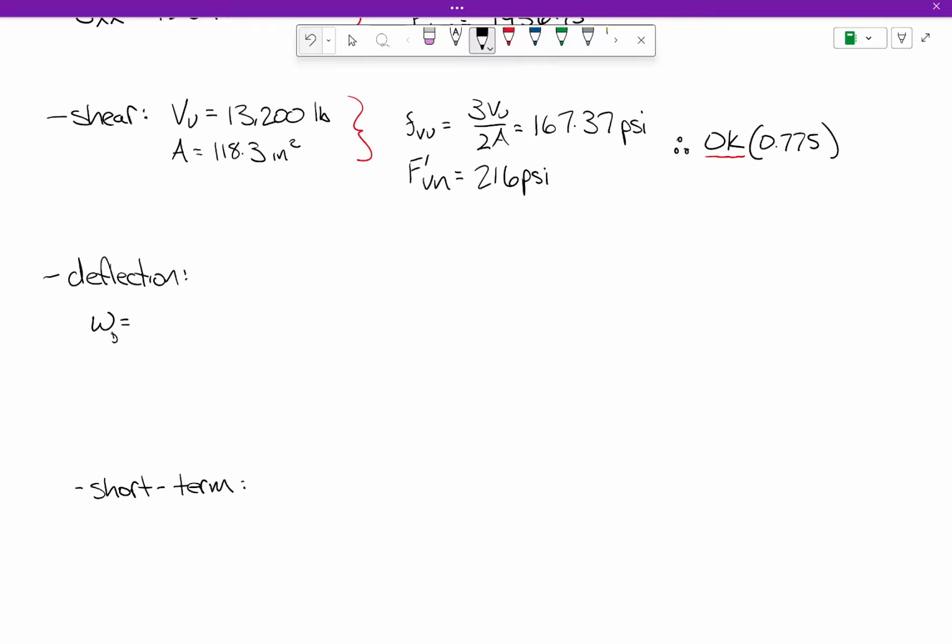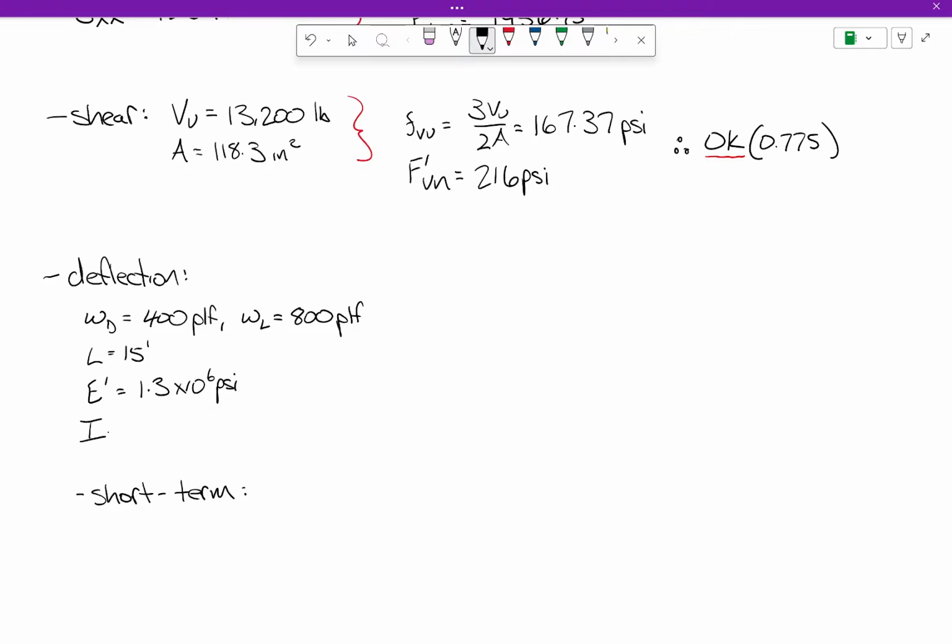So our dead load deflection, I'll move that back down. There's that. Our beam length was 15 foot. Our E, which in this case is E prime,